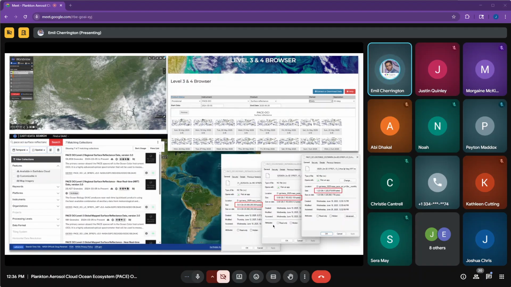And then I just wanted to highlight some of the different PACE products that you might be able to pull from, say, the OB.DAAC or the NASA Earthdata portal, and how heavy those are, because that leads to the next points that I'm going to be making. This data comes in different spatial resolutions. As Morgan said before, the finest spatial resolution of the PACE data, or its original spatial resolution, is something along the lines of 1.2 kilometers, which